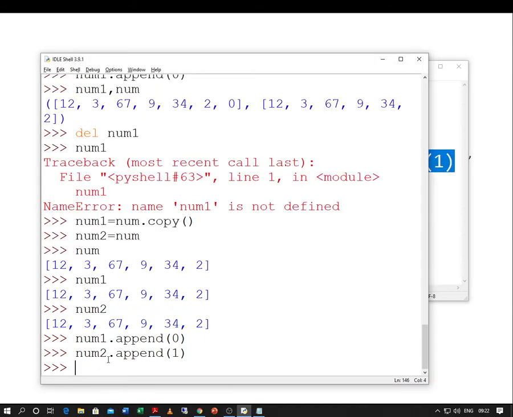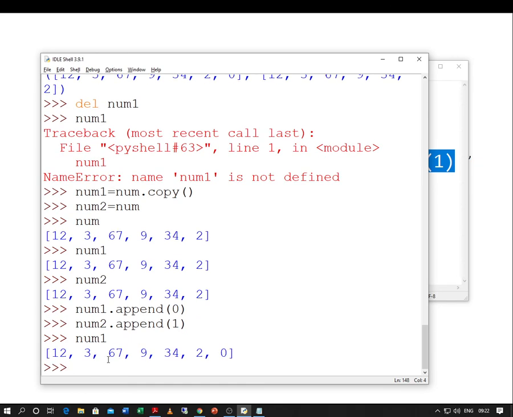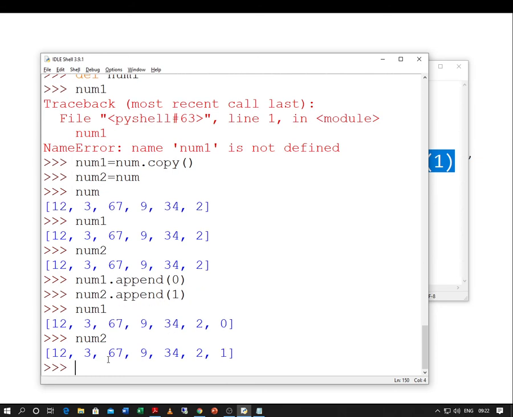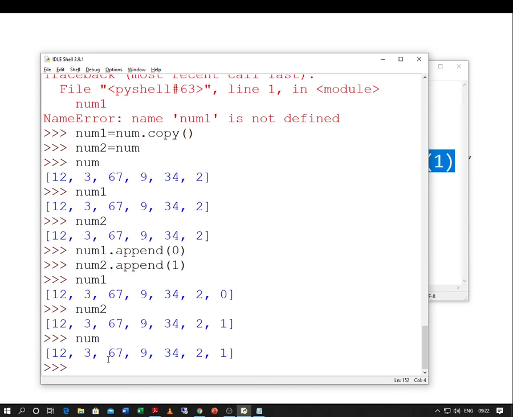Let us try to check num1. Is the number added? Yes. Num2, is the number added? Yes. But what about num? Oh, we have not added anything to num, but 1 has come to num. Why?